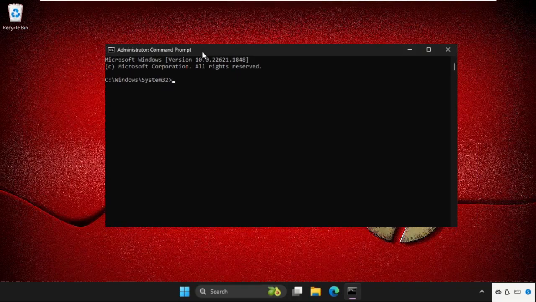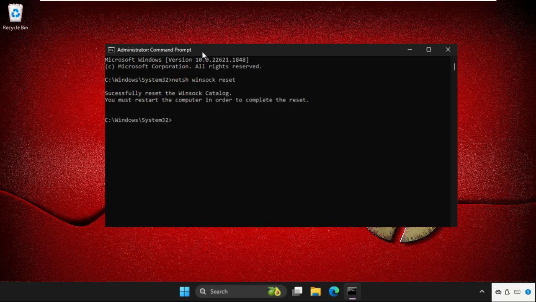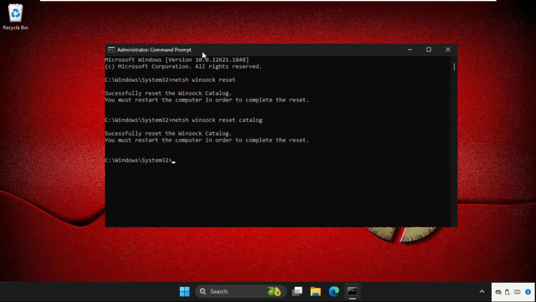execute them. Type in netsh winsock reset and hit enter. After that type in netsh winsock reset catalog and hit enter. Then type net